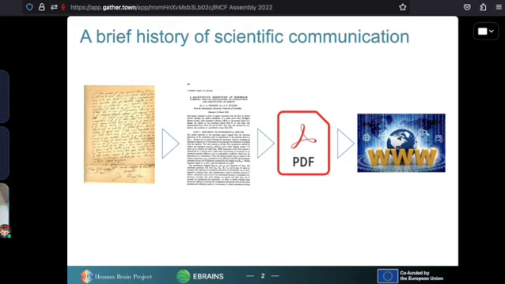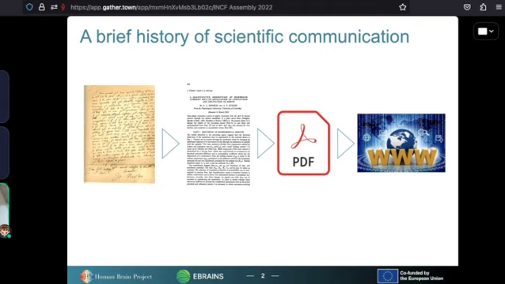It all started with scientists just writing to each other and putting it in the mail and waiting months until the reply came back. Things got a lot better with the invention of scientific journals, first in paper form, which also took a long time to be delivered to your institute. And then again, it got much faster with things like PDFs. And now, while we still use PDF widely, our papers are now mostly in HTML and associated technologies on the web. So there's been a great many steps forward